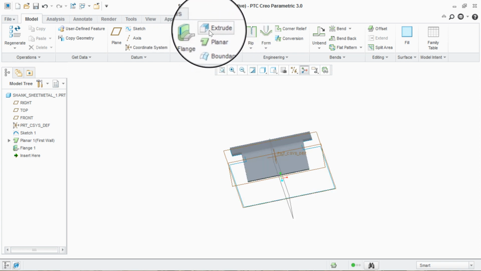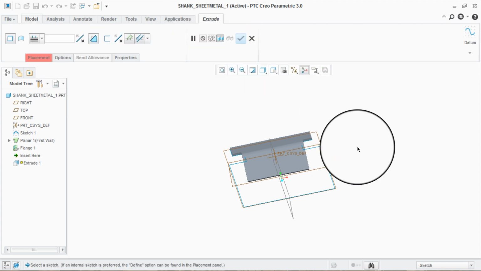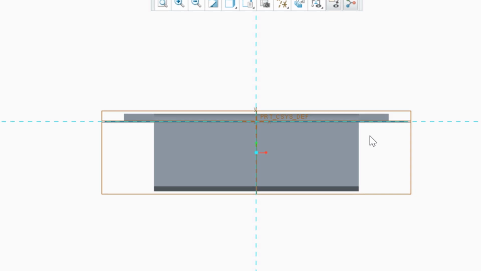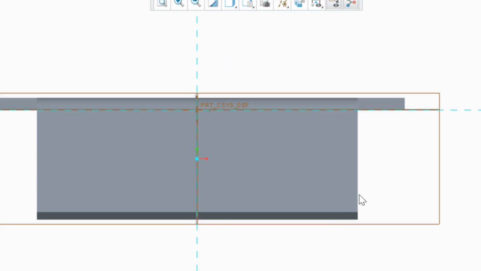Now we have to cut this flange in this shape so that we can provide the twist to our shank. Click on extrude, click on front plane, straighten the plane. Now take the references and cut this. Reference, reference, reference. Take the line command, draw it.